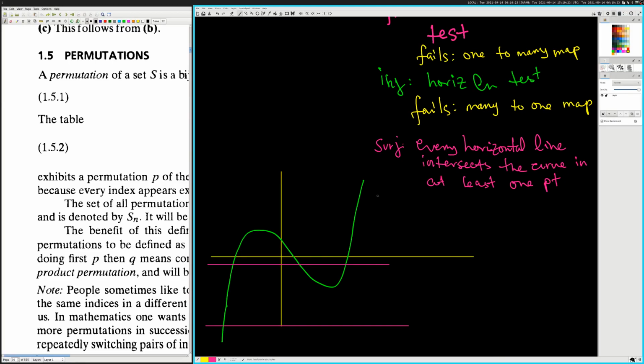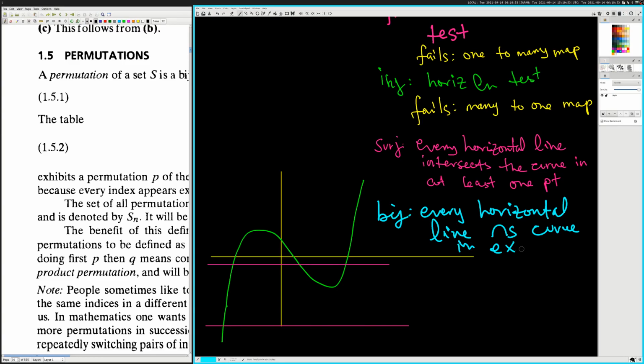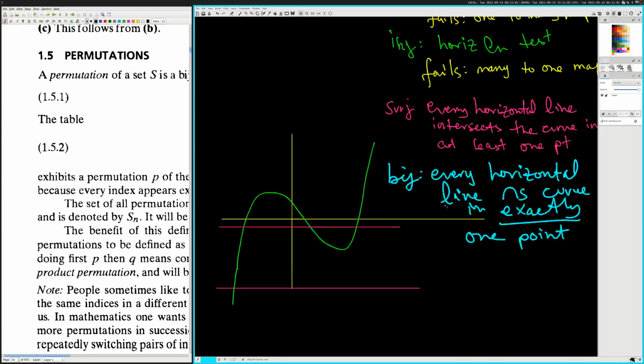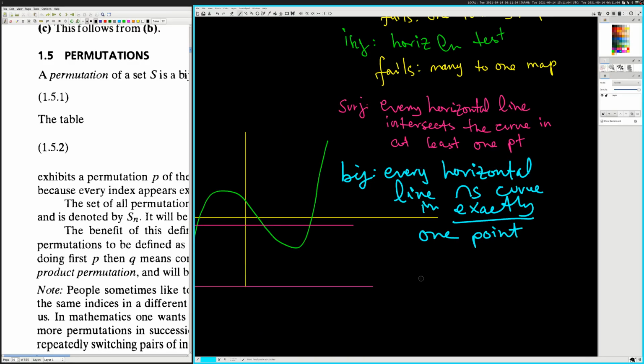So for bijective, let me switch to another color. Bijective: every horizontal line intersects the curve in exactly one point. In other words, what this means is that if we reflect along the